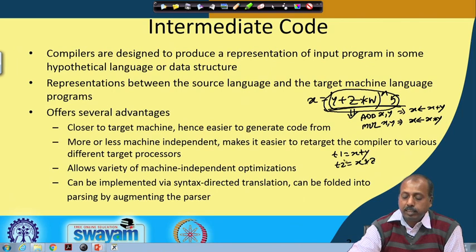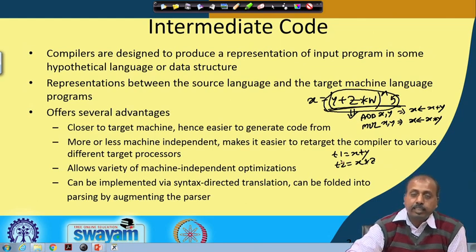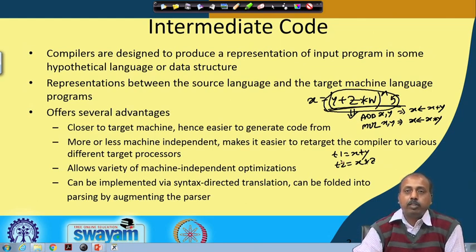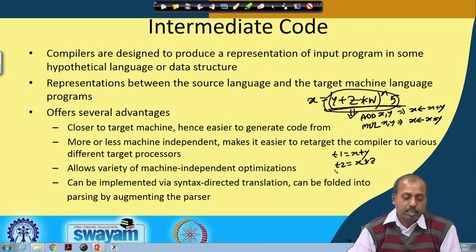So, we are representing this operation in some hypothetical language and writing it with the restriction that an arithmetic operation will have only 2 operands. That way we are writing it. So, it is more or less machine independent and thus makes it easier to retarget the compiler to various different